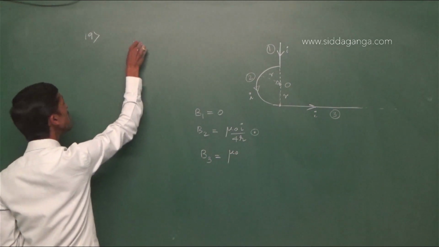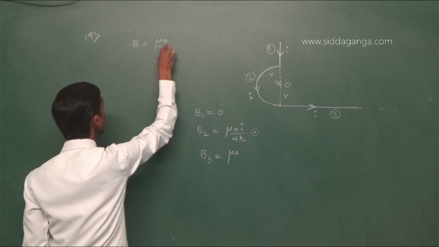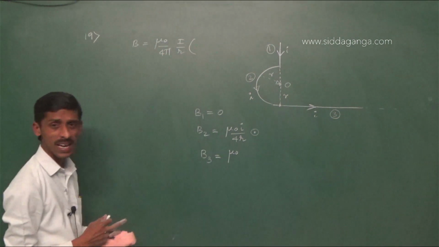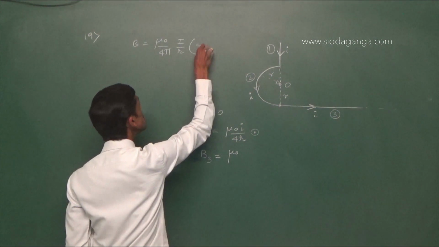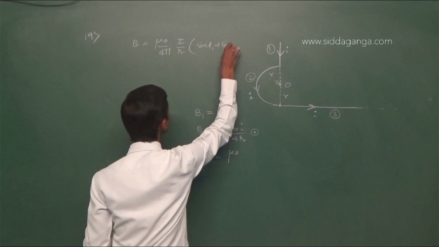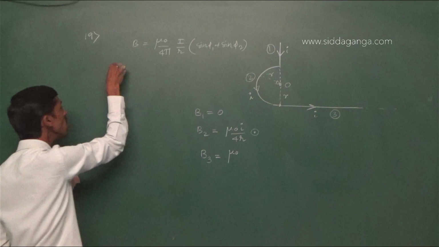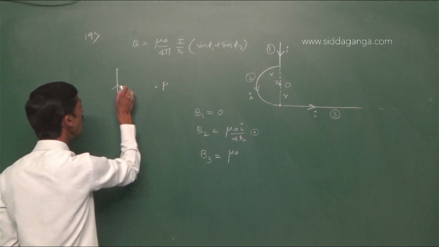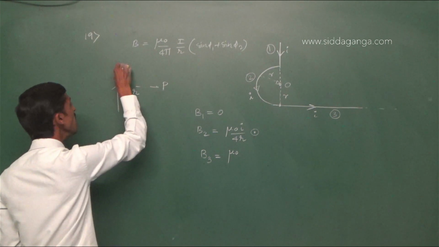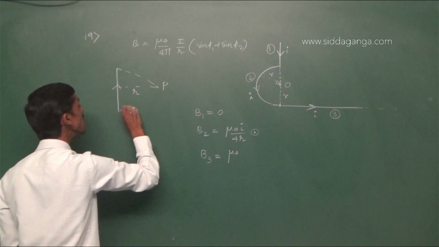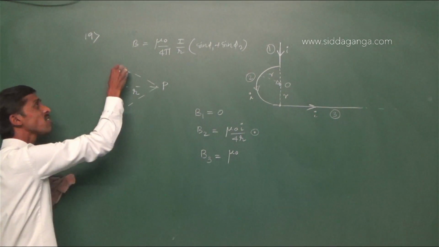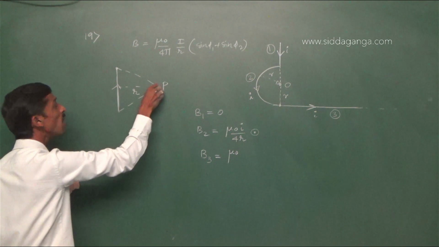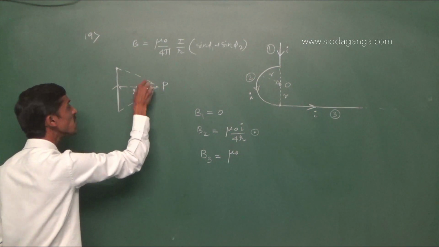Actually, the magnetic field at a point due to a finite length straight wire is mu naught by 4 pi, I by r, into (sin phi 1 plus sin phi 2). This is the actual formula. If a wire of finite length is given, and the given point is P at distance r, if you know the angle subtended by the ends of the conductor at the given point, measured from the perpendicular bisector, these are phi 1 and phi 2.